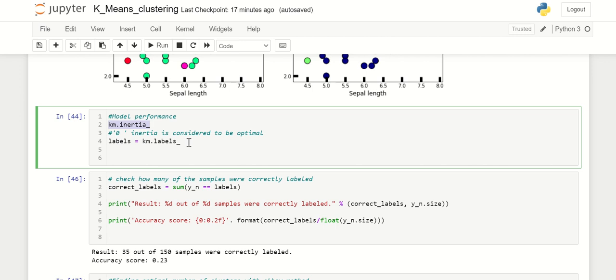You can understand it in a way as accuracy, but not accuracy in the sense of error. The lower the km inertia value is, the more accurate your model is, or you have divided the data into a very precise manner as per the given data set.